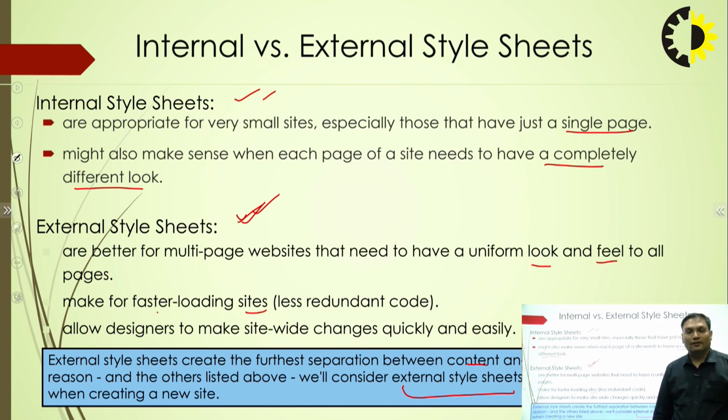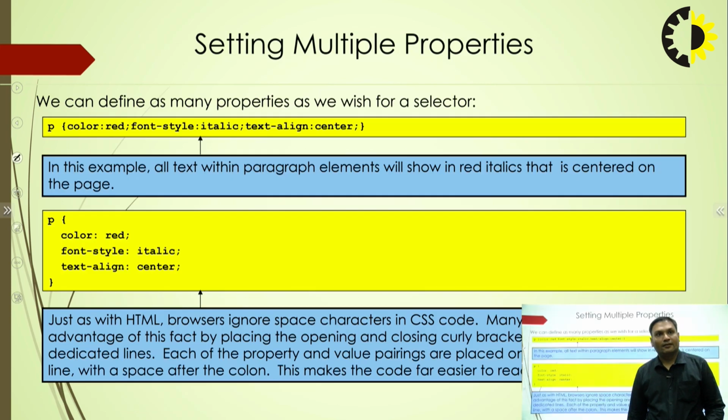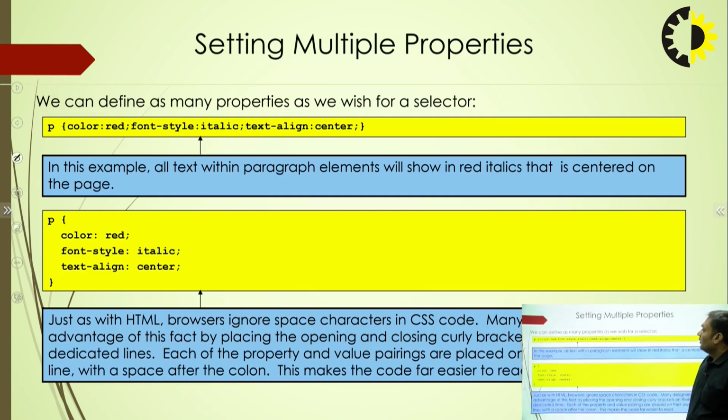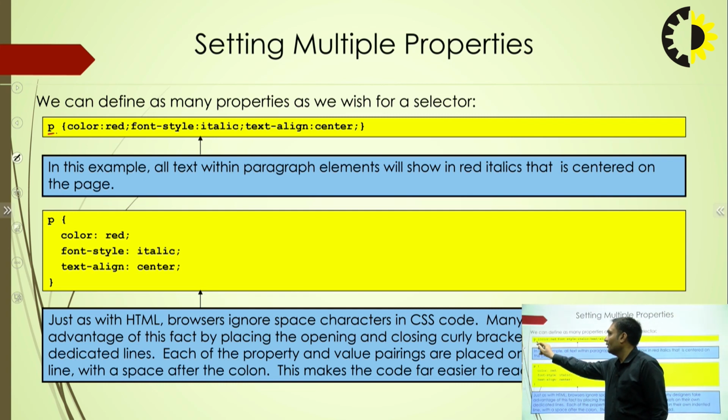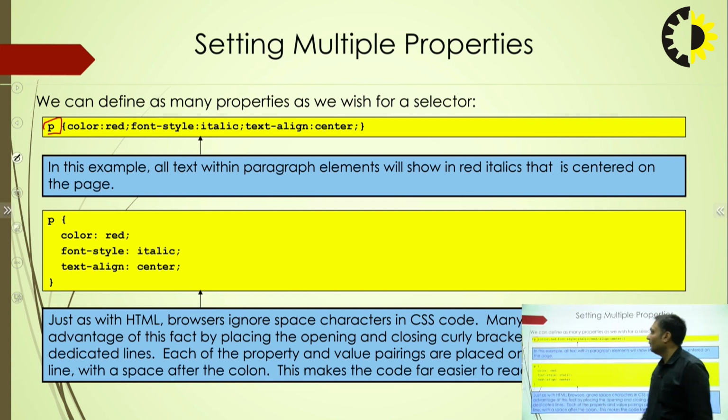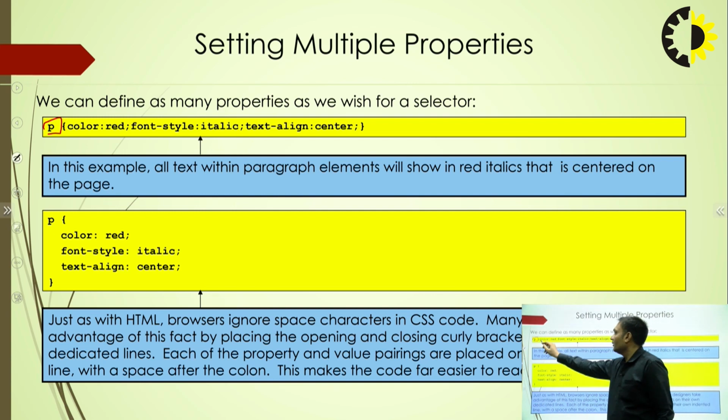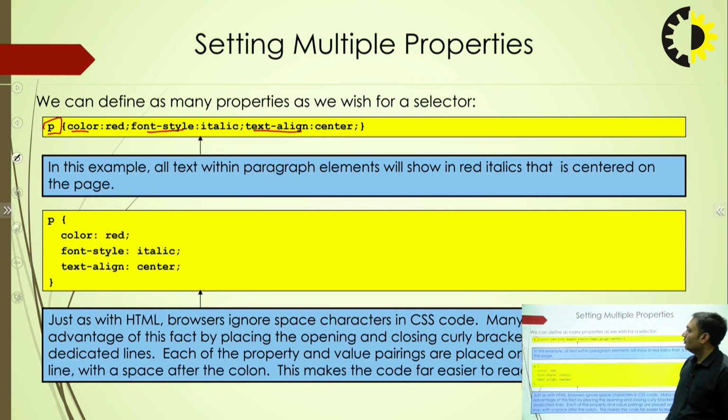So the main difference between internal and external you can write. Now, setting multiple properties: how we can apply multiple properties inside our internal CSS or external CSS. For that we can write like this. For example, if I want to apply multiple properties like color, font style, text alignment, so I can write like